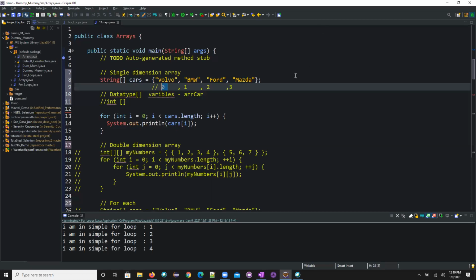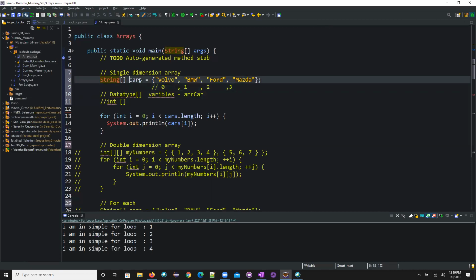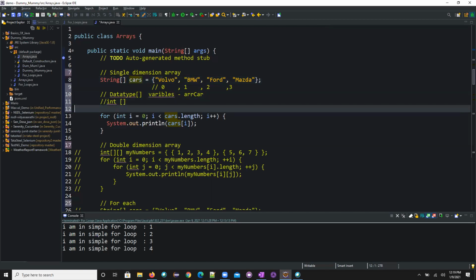Now what we will do here, we have defined a particular array of cars. We have taken the example as Volvo, BMW, Ford, and Mazda. We have taken all these items and kept them in the cars array. Now, if I want to get the BMW, Uday, can you tell me how I should print this?